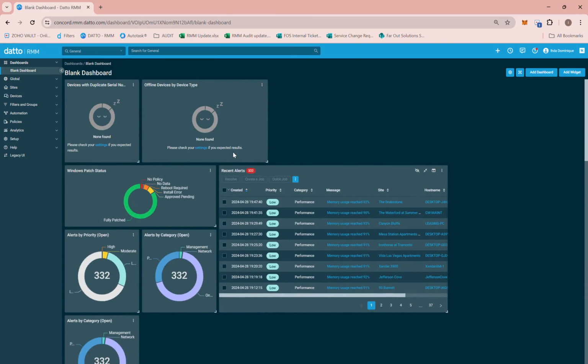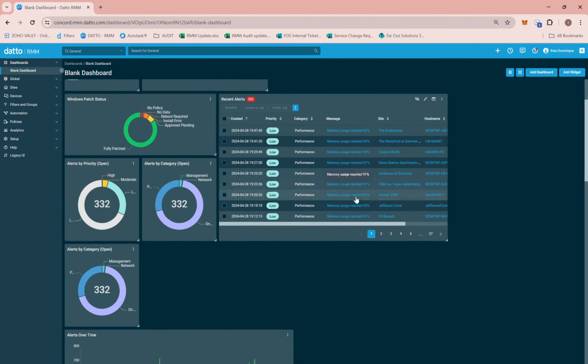Here you can see all of the network discovery information that you added to your blank dashboard. Once you open Datto RMM again and choose the blank dashboard that you created, you can automatically see what you need to know. For example, the recent alerts and the status of the patches in all of the devices that we manage here in Datto RMM. We can also see the antivirus status.